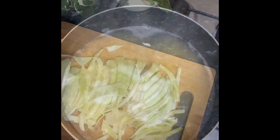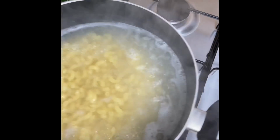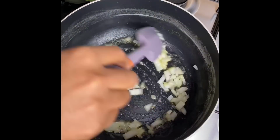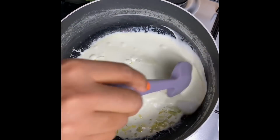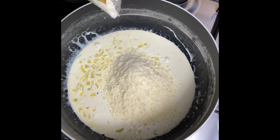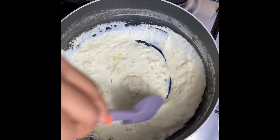Once I was done with my cabbage, my macaroni was also cooked, so I went ahead and drained it off. Add some butter to the same pot as well as some onions. Let it saute for about 2 to 3 minutes before going in with some vegan double cream. I'm using the Emilia double cream, and I'm using this vegan Italian style cheese. I got it from Lidl here in the UK, and yes, my loves, I'm just going to mix it in